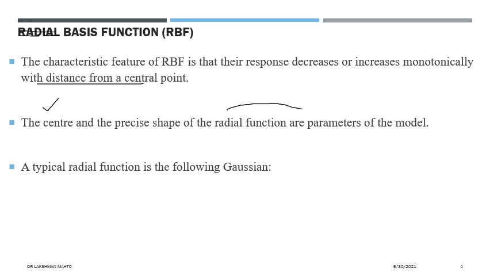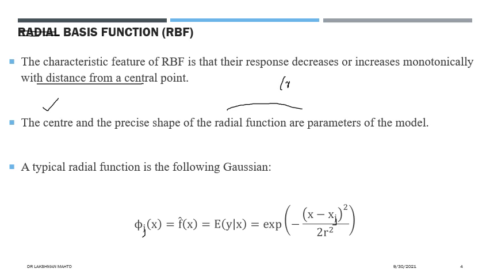So a typical radial basis is the following Gaussian. With the help of Gaussian we can define a radial basis. It is actually local and gives a significant response only in a neighborhood near the center. It is talking about locality. So the jth radial basis function is defined this way. Here, one situation is that we suppose we have a data set xi, yi, i varies from 1 to n.